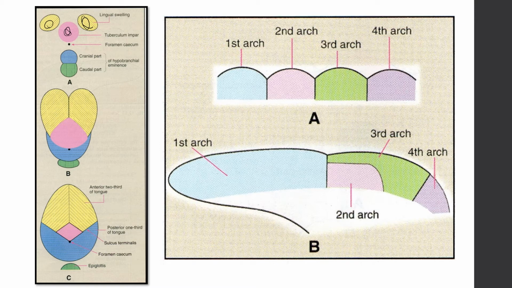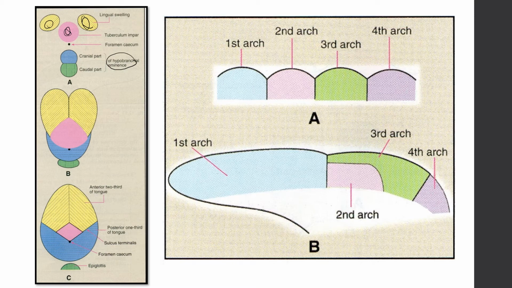Behind there is a hypobranchial eminence which is divided into two halves, cranial and caudal. The caudal part forms the epiglottis, whereas the cranial part forms the posterior 1/3 of the tongue. Now at the junction of this, so the yellow colored part and this pink colored, this is going to form the anterior 2/3 of the tongue, and the blue colored part derived from hypobranchial eminence, this is going to form the posterior 1/3 of the tongue. Now this posterior 1/3 is in the region of the